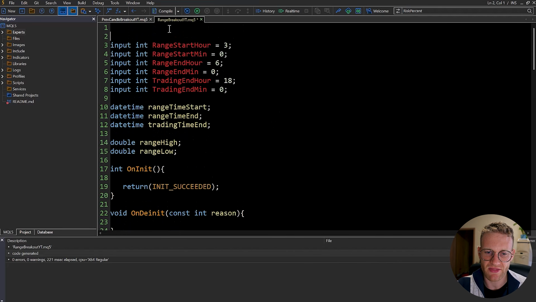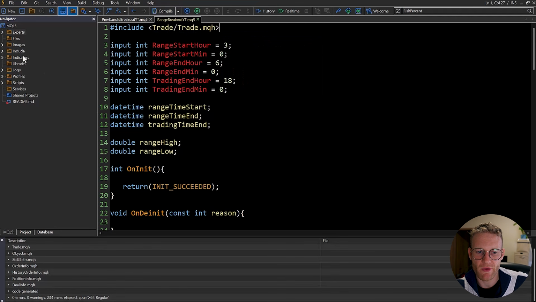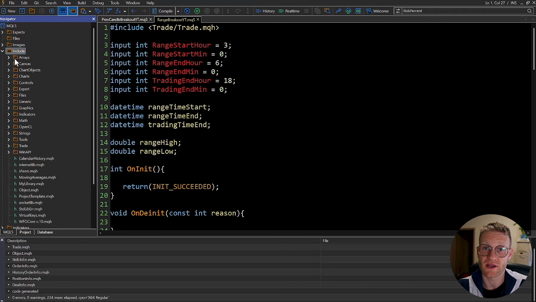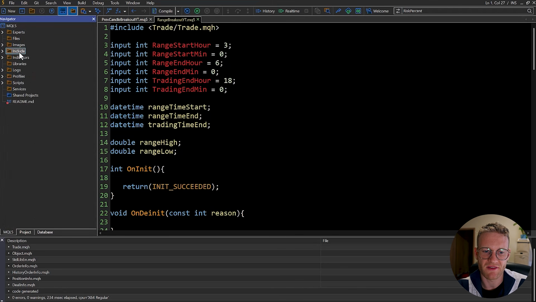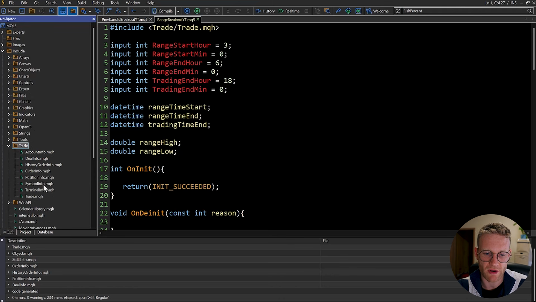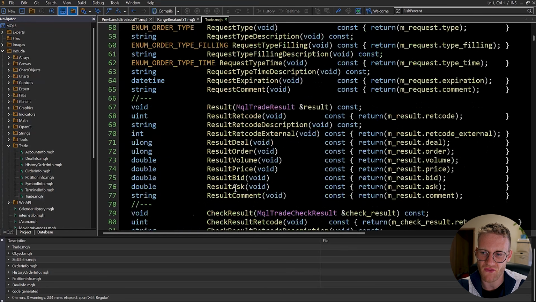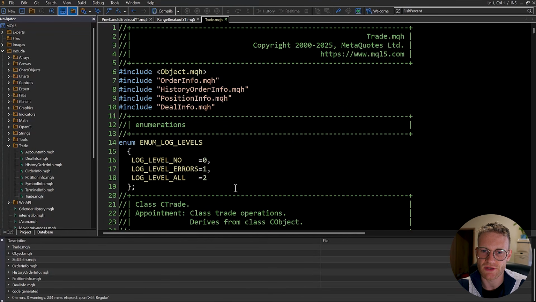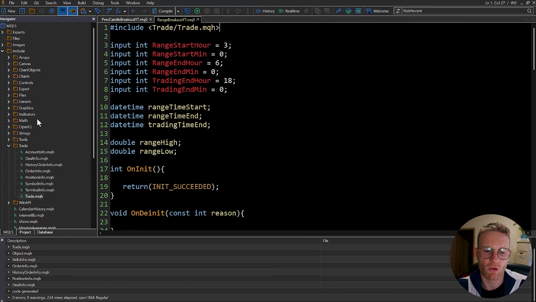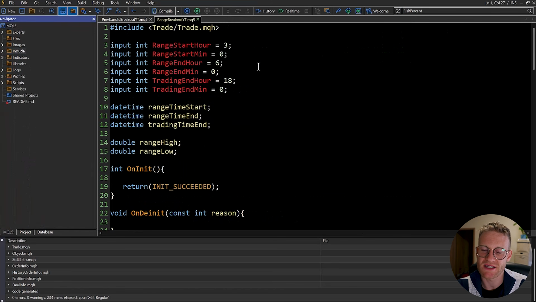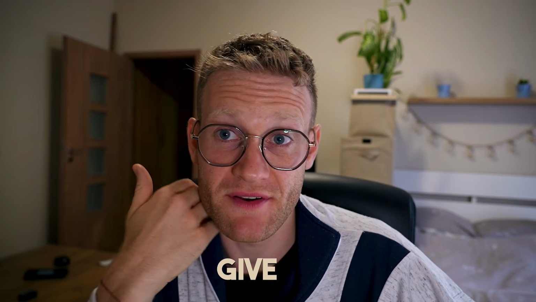So for buying and selling, the easiest way to do so in MetaTrader is to include the trade.mqh file. It is a separate file that you can also find in your MetaEditor. On the left side in the Navigator, go to Include, then find the Trade folder, and then see trade.mqh. So this is basically just another file which holds a class definition. This goes a little bit into the topic of object-oriented programming, which I do not want to explain in this video, but just in short, it will give us access to a class which we can use to open, close,